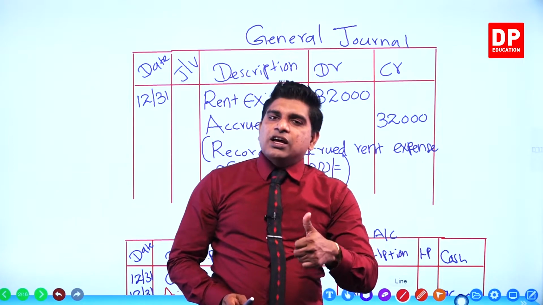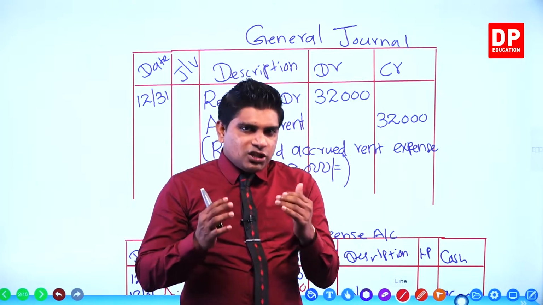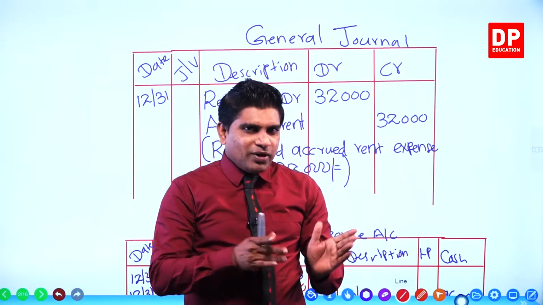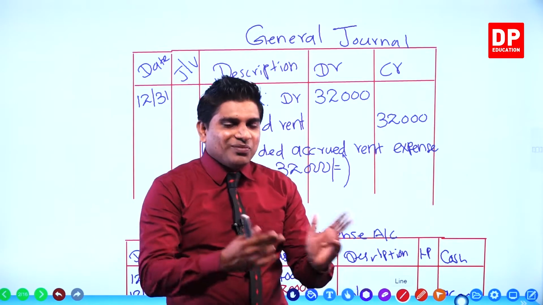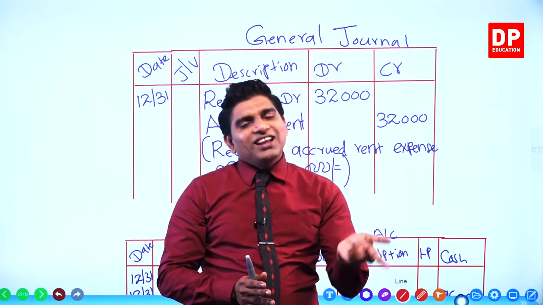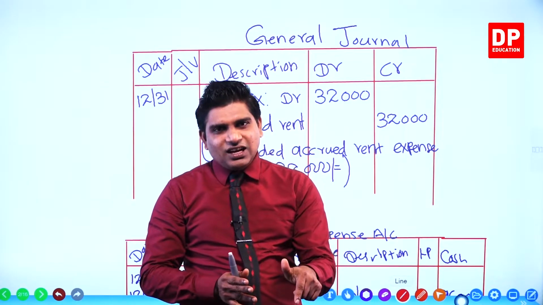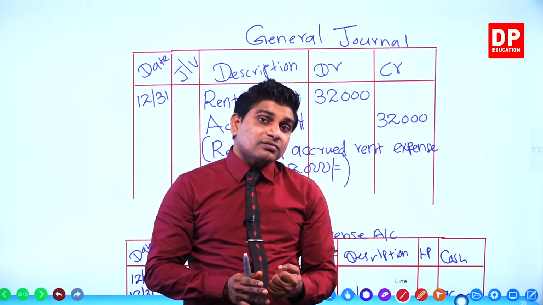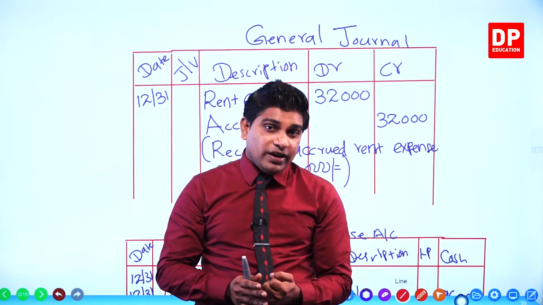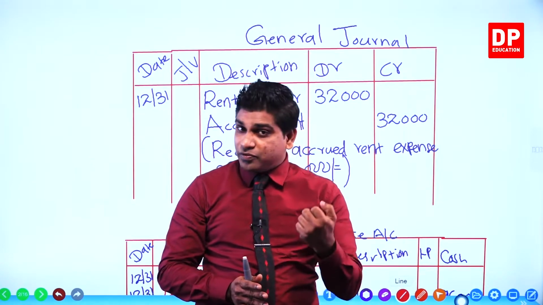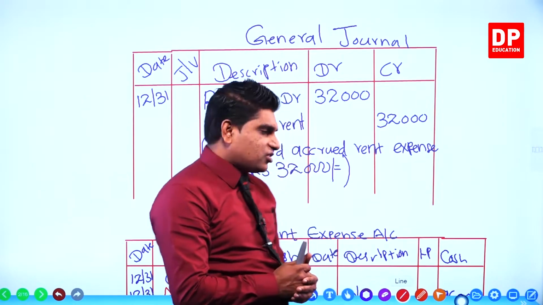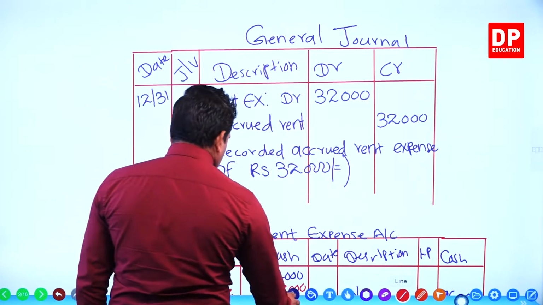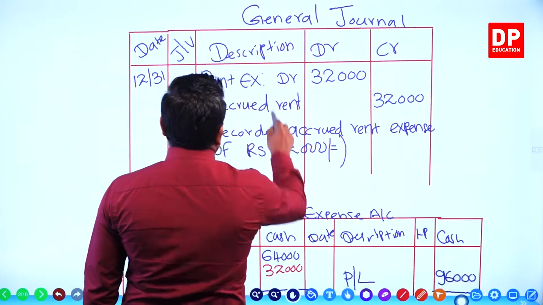First one is recording adjustment entries in the general journal, but practically we did that in the ledger accounts. But the next step is general journal, ledger accounts. After the ledger accounts, we bring them to the extract of financial statements. Here they ask only for the extract, right? Then we'll see how to do it.